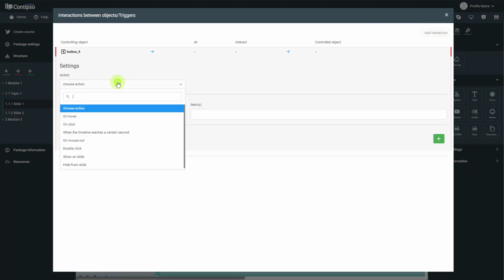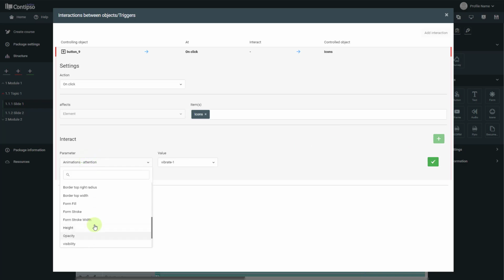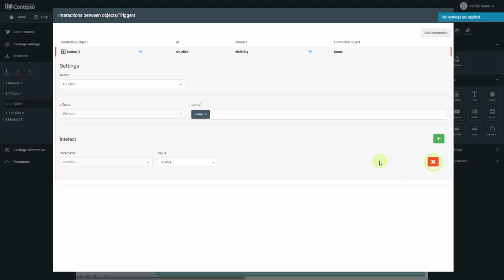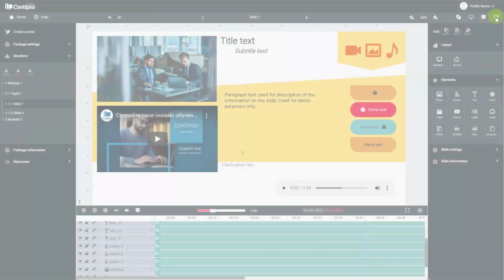Add an interaction, choose on click, select the type of element, select the items, in this case icons, create an interaction with the visibility again, but this time visible and not hidden. Again, save that interaction, it's applied, close that menu, save your work,